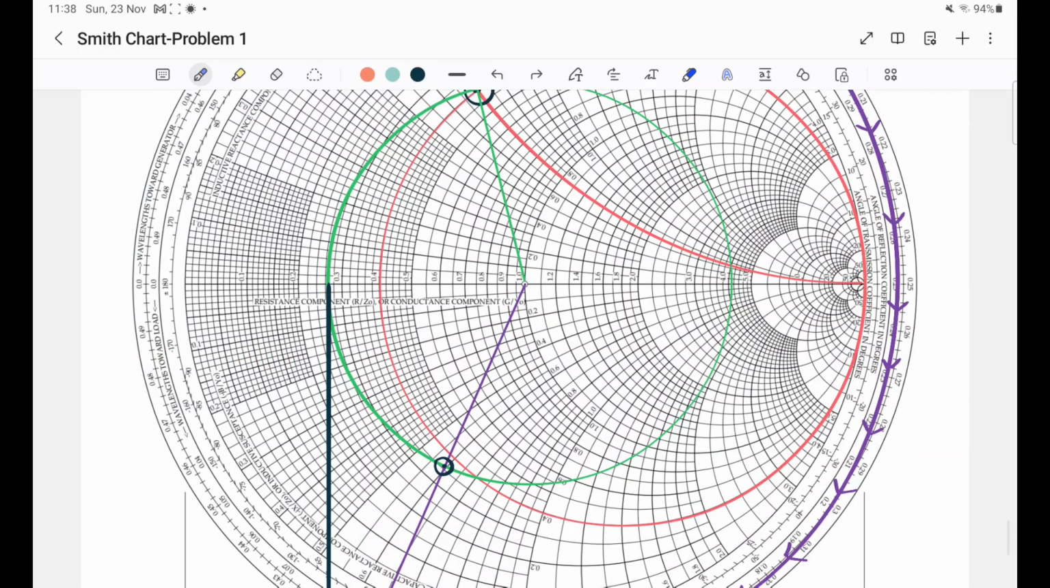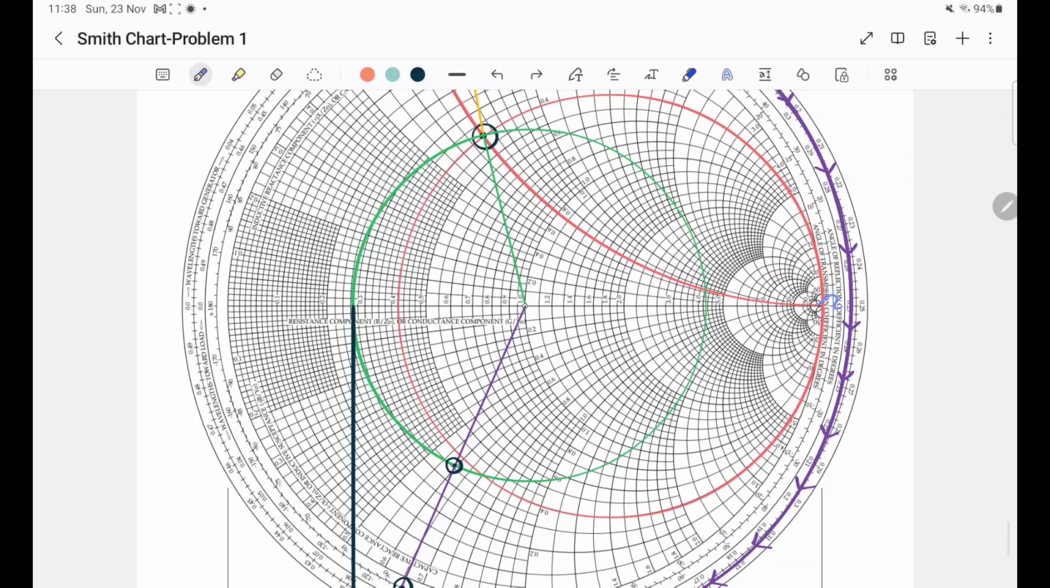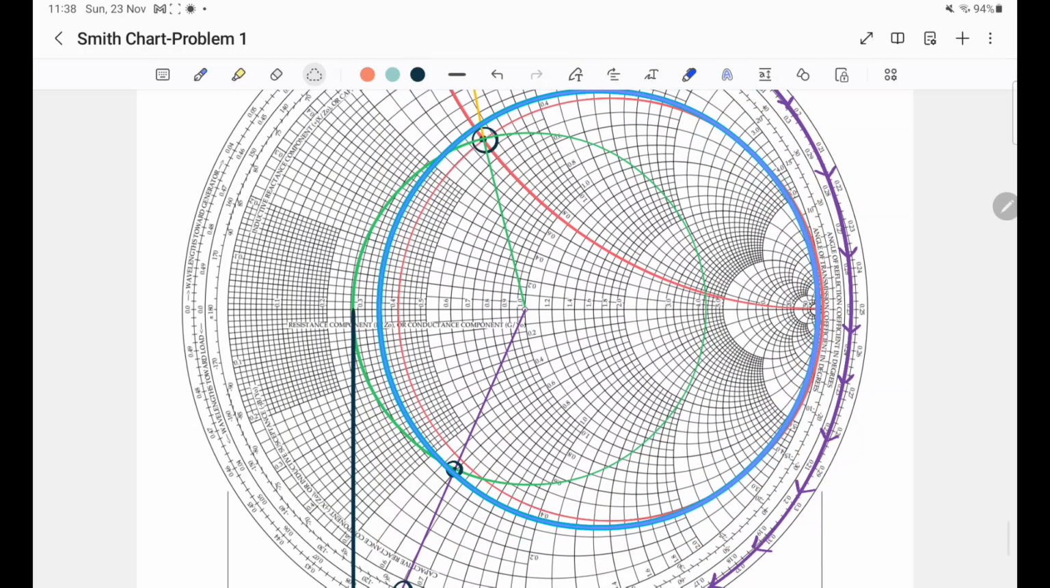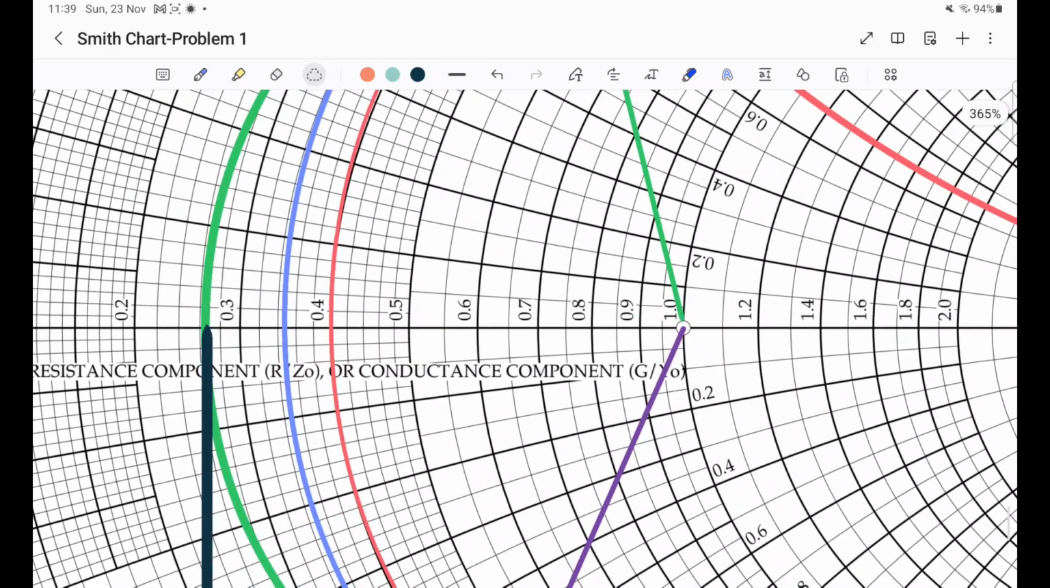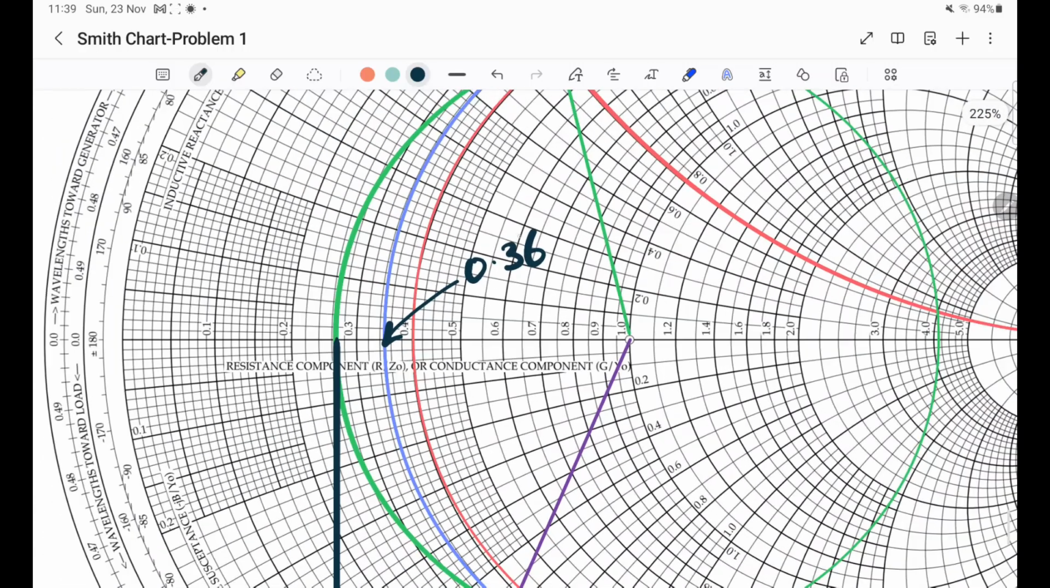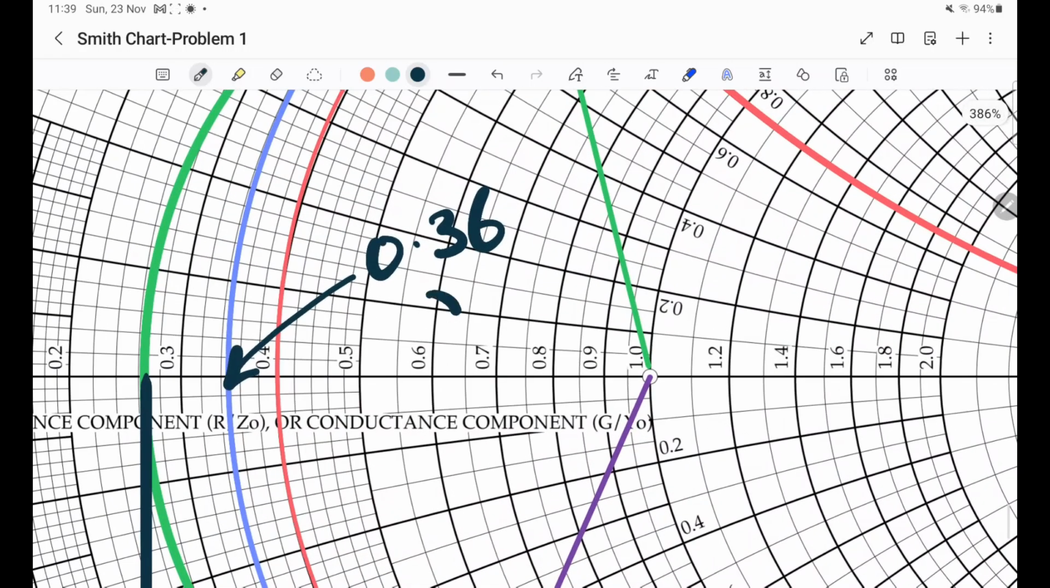Okay, so from here, if you draw a circle which passes through this point, now if you check, it is crossing close to 0.36. So this is the value of RIN,